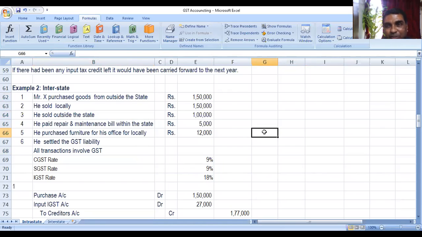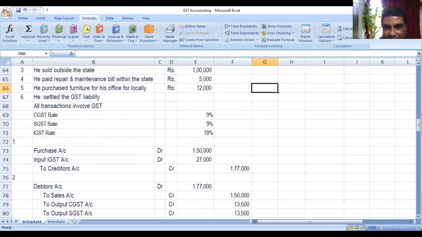Okay. So here the question will arise. There will be so many credits: IGST credit, SGST credit, CGST credit. How to utilize that credit? That is a kind of decision we have to take. Okay. So in accounting also some decision-making is involved. So we have to apply our mind to take decisions.